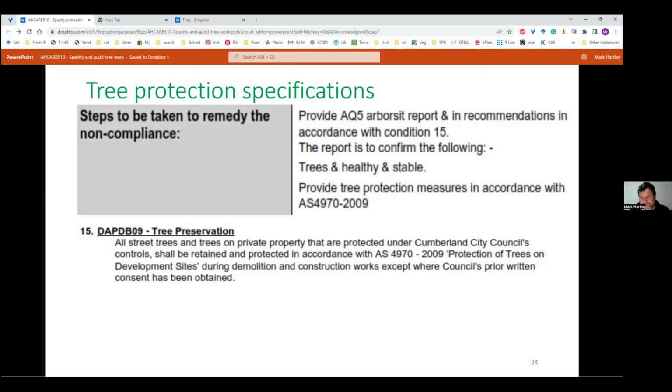And those of you who deal with New South Wales legislation, we have a thing called a Complying Development SEP, State Environmental Planning Policy. And in there's a requirement to follow the standard. And I was in a matter before the tribunal, and a part of the argument was that they needed to install the fence at 12 times trunk diameter around the tree. And I said, I don't think that's the way I read the standard. The standard says that's the starting point, not that's what you've got to do.